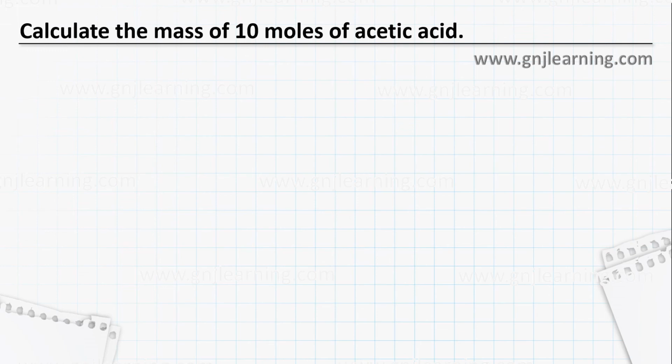So based on this equation, we are going to see a few calculations. Calculate the mass of 10 moles of acetic acid. So I have the number of moles, and I have the formula of the compound, acetic acid. I need to calculate the mass. We have the formula n is equal to W by M, but what they have asked for is mass. So W is equal to M into n. By rearranging this equation,